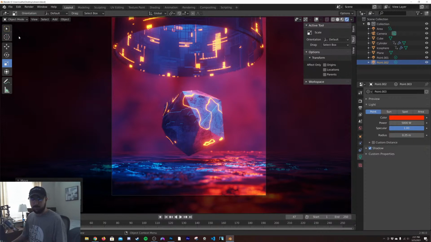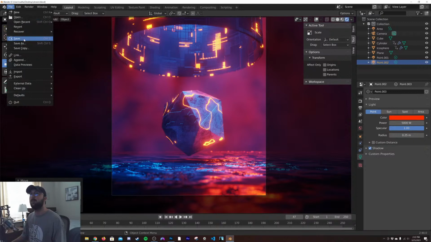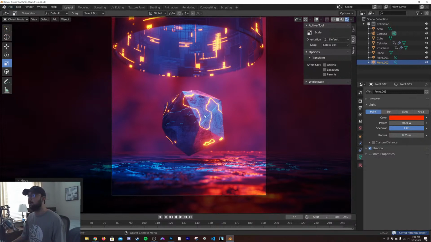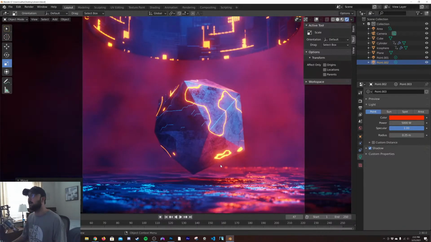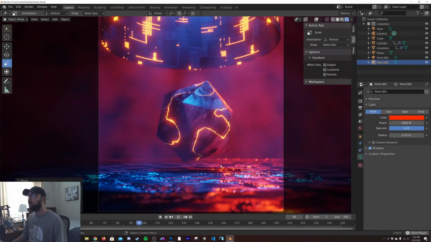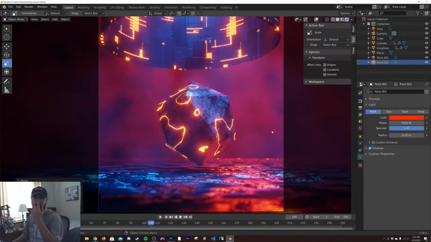2.9 has lower quality depth of field than 2.92. Oh yeah, that's right. That's the only bummer. At the end of this, I'll download the new one and compare depth of field because it's probably far better. And I've had numerous complaints about it, so I need to check it out. I've been super behind on that.